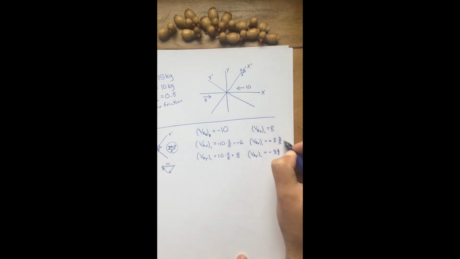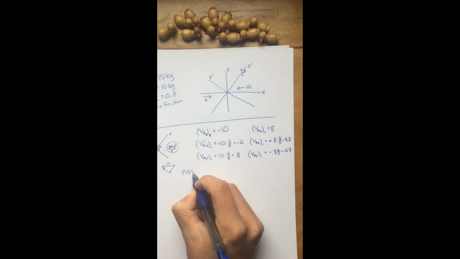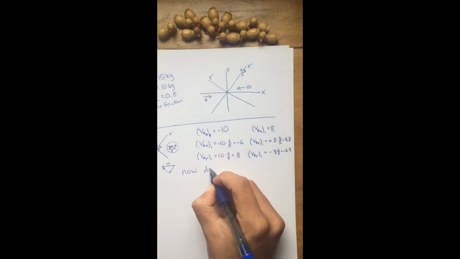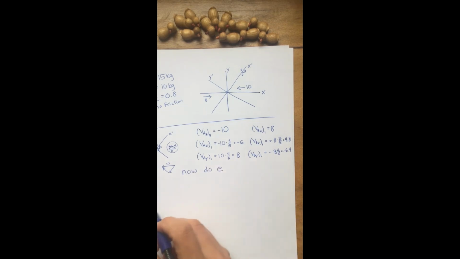And this is equal to 4.8. This is equal to -6.4. Okay, so now that I did that, I can use my impulse momentum relationship and my coefficient of restitution formula. So now do the coefficient of restitution equation